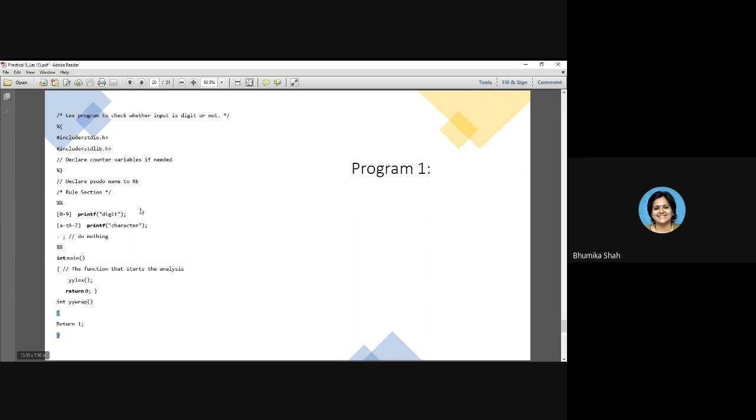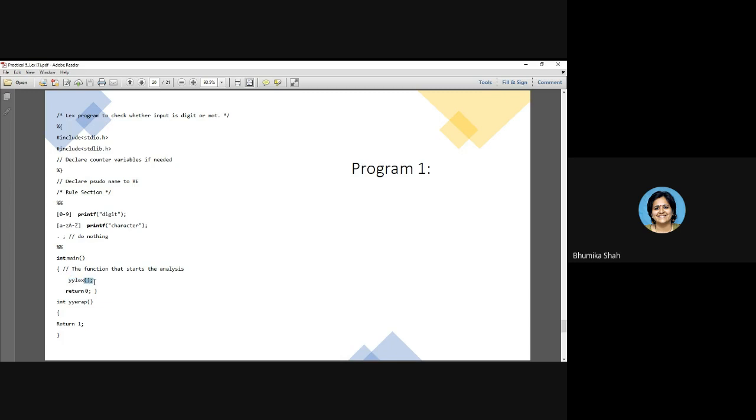So how will your program work? Suppose you first of all invoke lex, then you compile, and then you execute. What will happen? It will wait for you to enter something from the keyboard. Okay. So suppose I entered A in small case letter. Then what will your program do? I will be able to enter A because of this call of the yylex function.